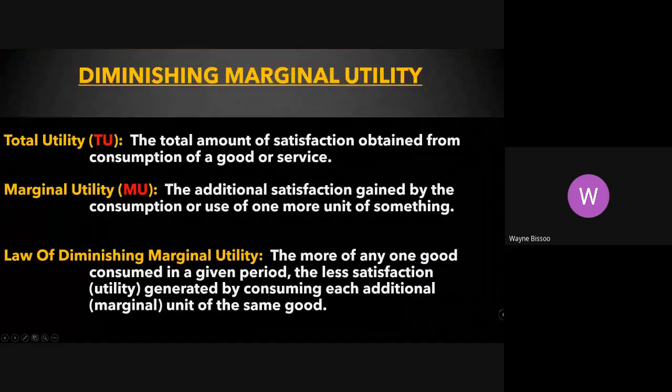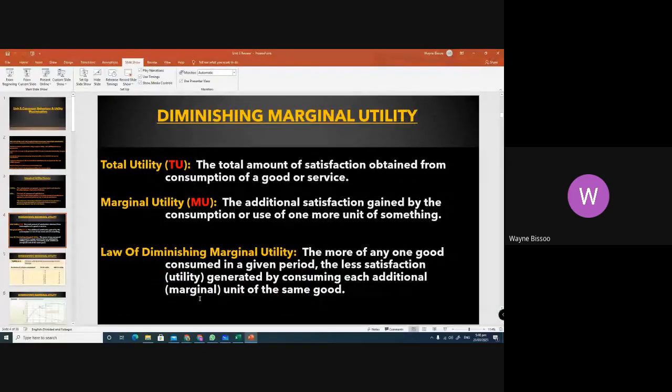All right. So total utility measures the total amount of satisfaction gained from the consumption of goods. So let's say, as we said before, if I get 10 utils from each unit of doubles that I consume,